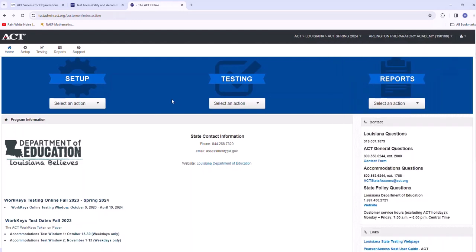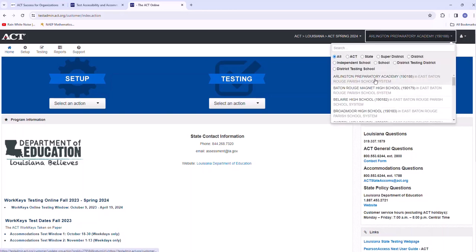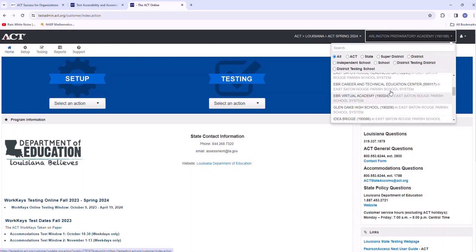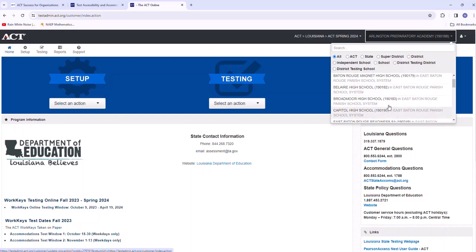Okay, let me see how I'm going to do this. Give me a minute so I can remember. Where is this? Oh, Lord. Okay, might be at the bottom.